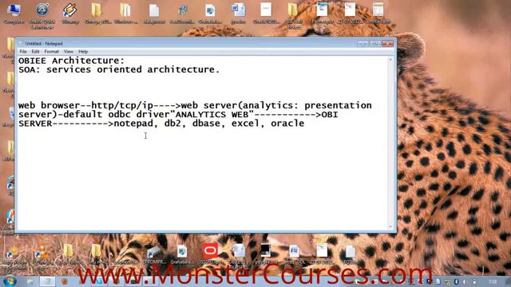Analysis means any type of data should be analyzed, right? So your OBS server has to connect to a notepad file or a DB2 or a database, Excel, etc. Now how do you think that your OBS server is going to get connected with these data sources? How?